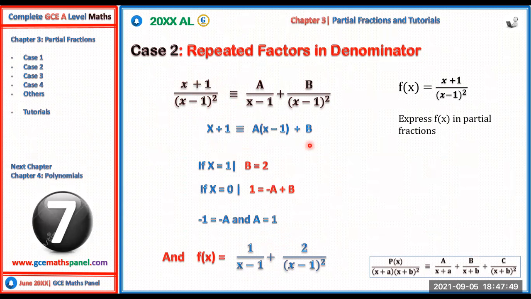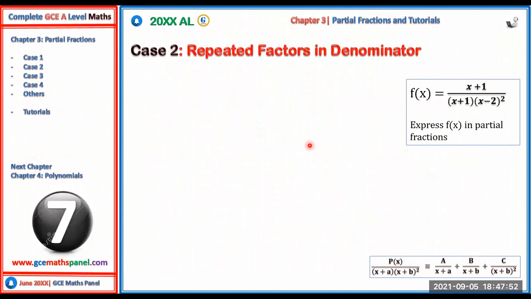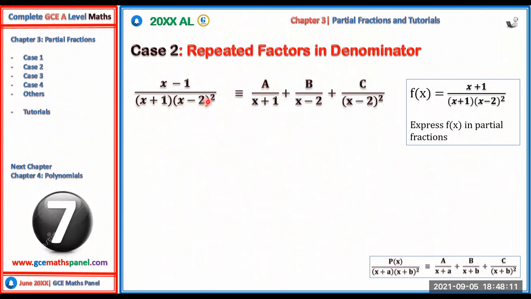Another example we have, to express x minus 1 over x plus 1 into x minus 2 all squared in partial fractions, these are exercises for you to do. So as you can see here, this is a linear factor. So I'm just going to have a over this linear factor. This one is a repeated factor. So plus b over this repeated factor to the power 1